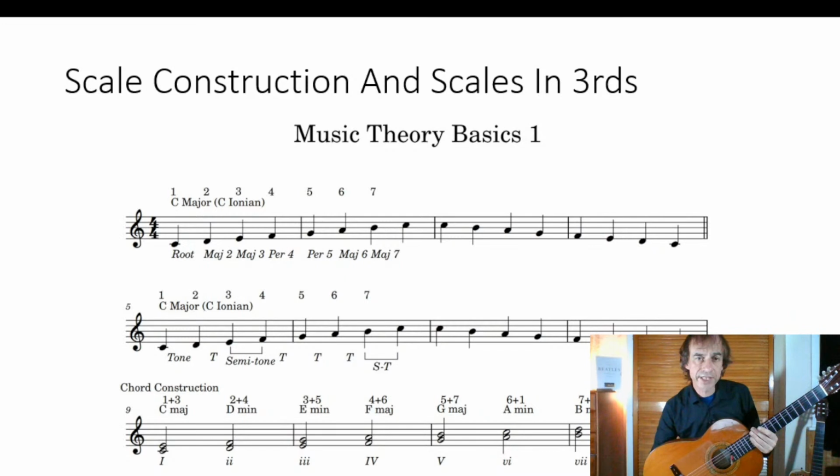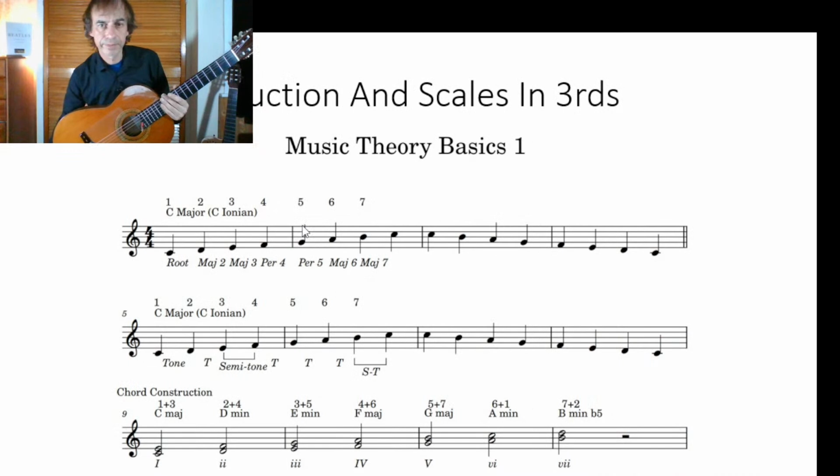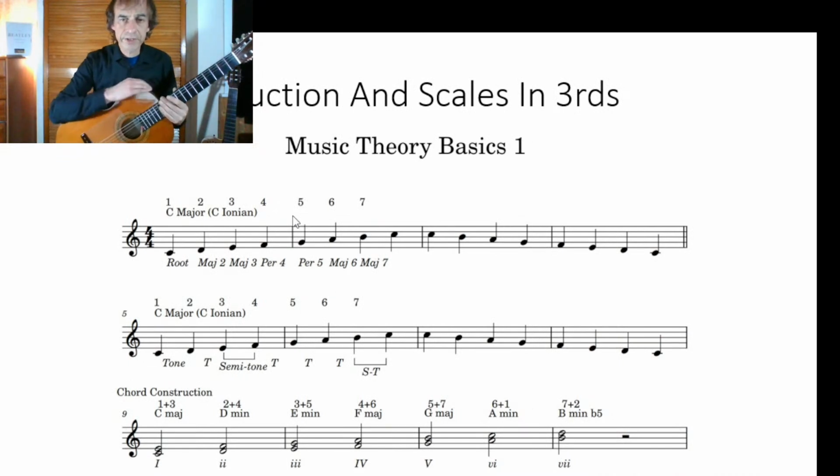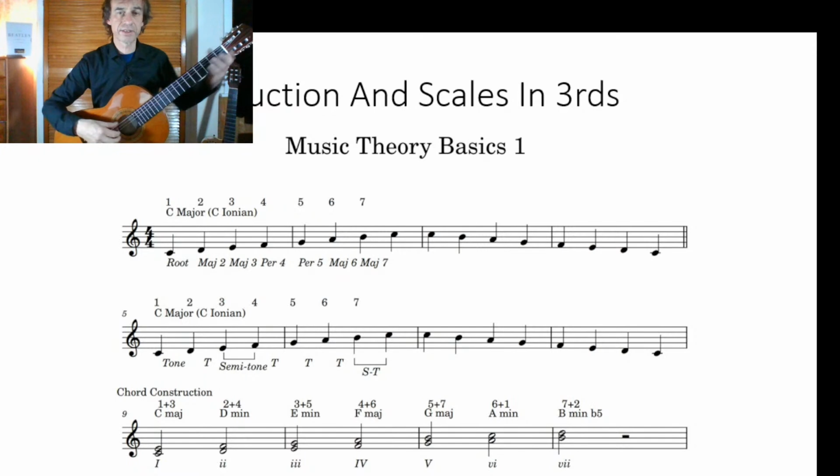Okay, so down to the second line, second diagram. I'm going to switch camera again. So we're in the middle line now. And we've got a C major scale. 1, 2, 3, 4, 5, 6, 7, going to note 8. And then here we can see that there are tones and semitones. So from note 1 to note 2, that's a tone. So note 2 to note 3, that's a tone. Note 3 to note 4